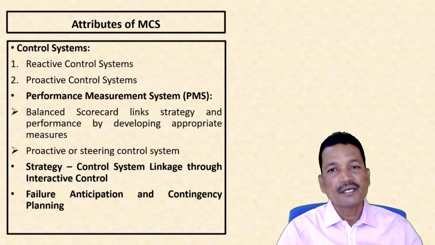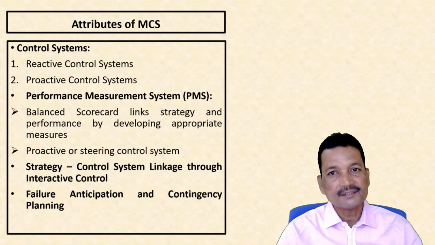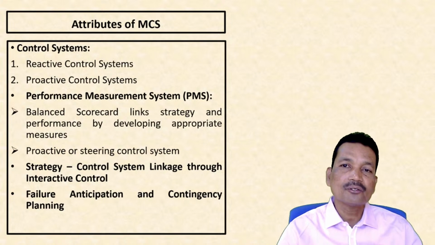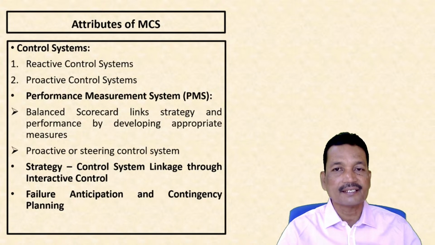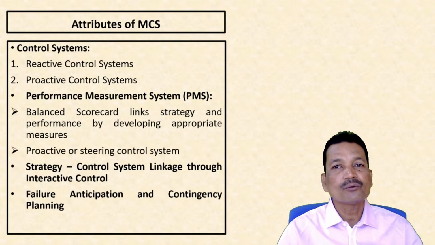So the information that comes from the system is matched to strategy so that some sort of interactive control is generated, in the sense that when we match it, we try to know